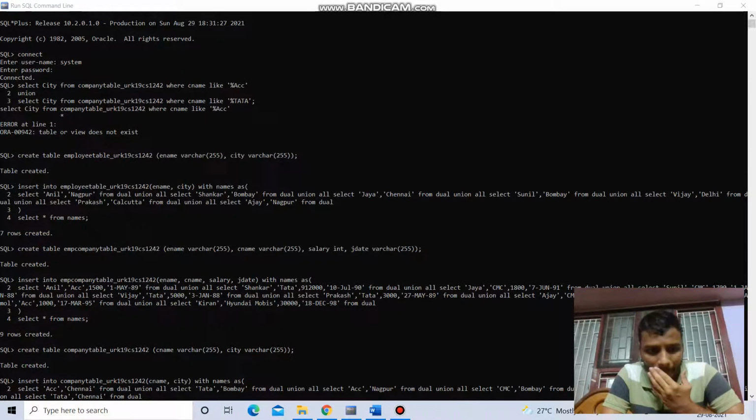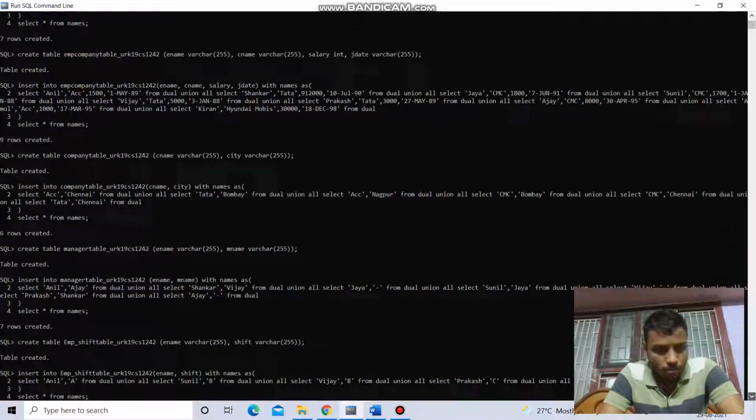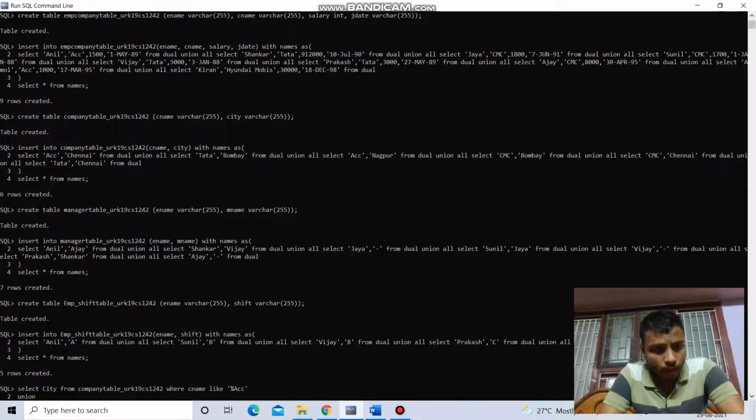Create the company table and then insert the values into the table, and again select the register number, and again get the cities Chennai, Bombay, Nagpur, union all select Tata Chennai from dual, select from names, and it will create 6 rows.